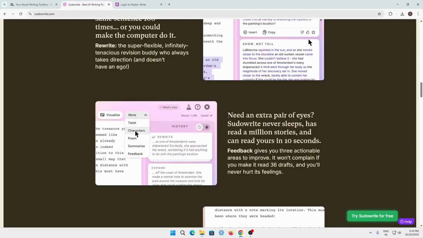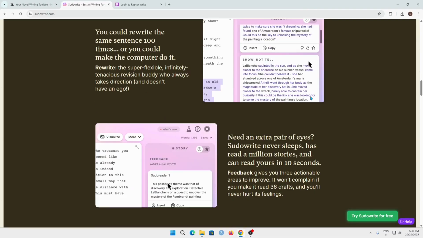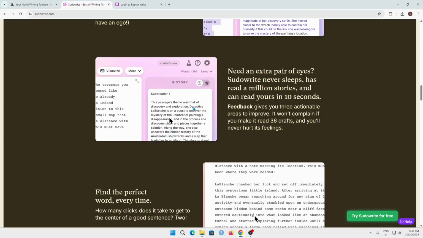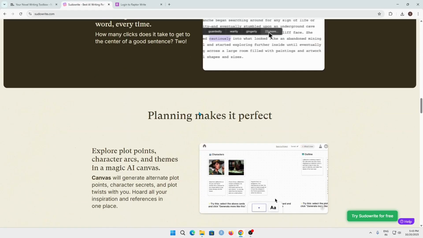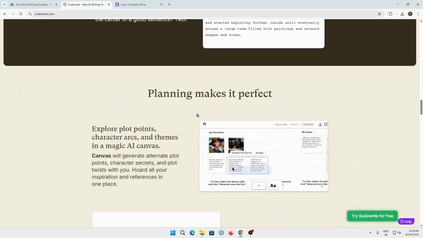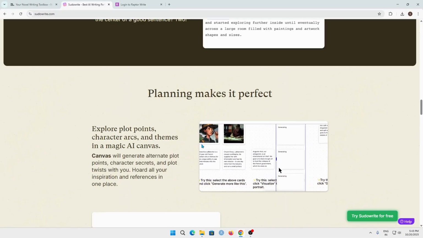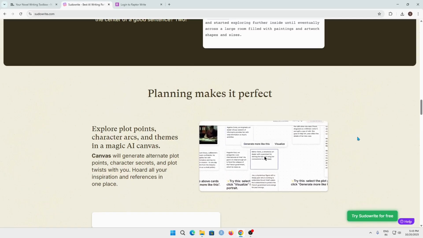So yeah, there are different types of features available on this AI tool too. You can just try and test it out, and you can plan before you start your story. For example, you already have an idea about which characters are going to be in your story.